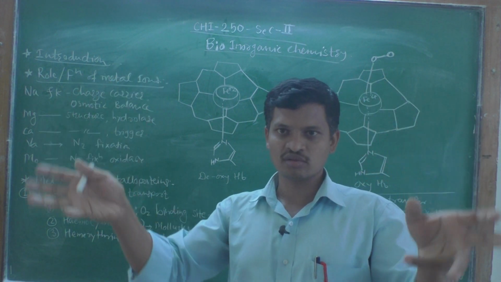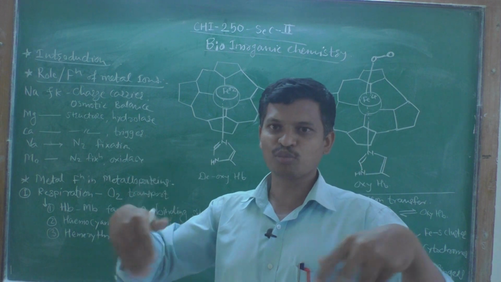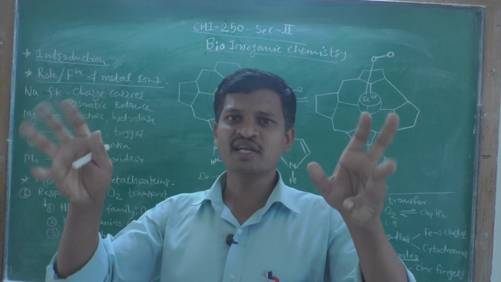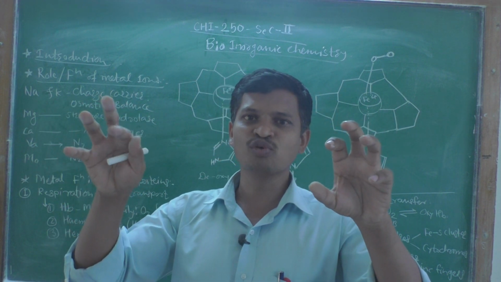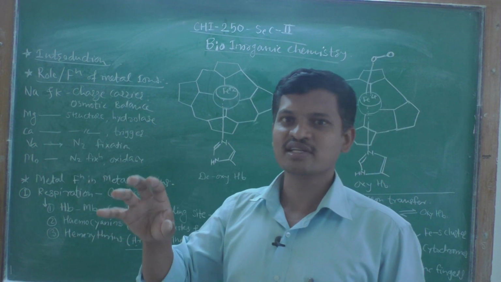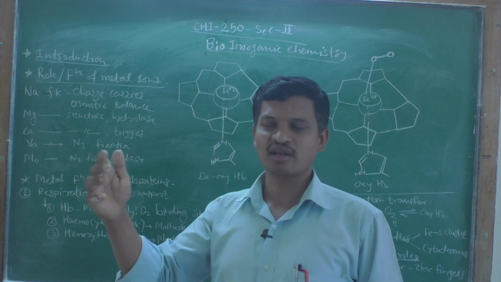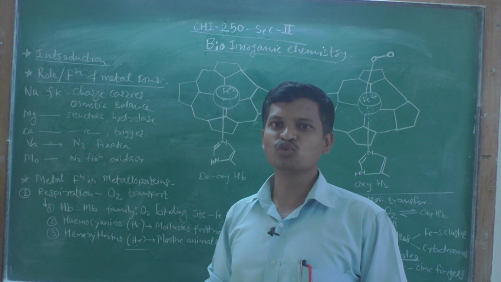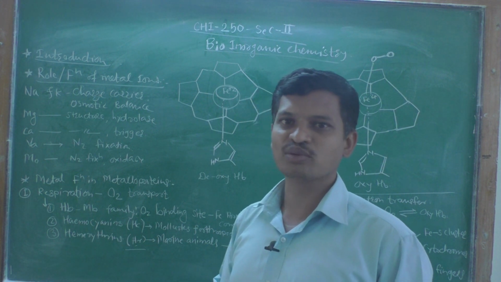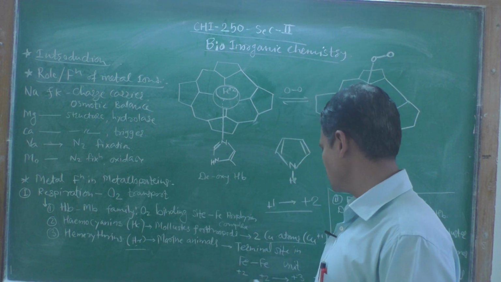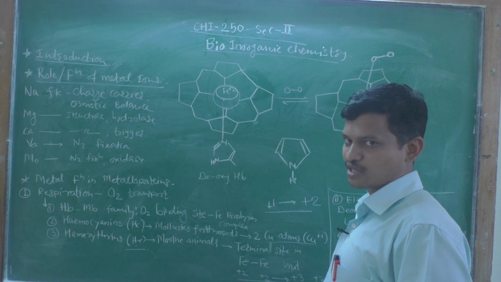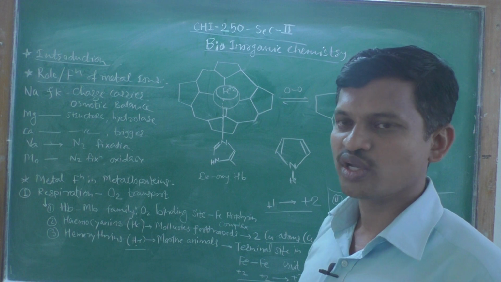A larger metalloprotein structure is there for this hemerythrin, where the central ring has Fe2 plus ions. So 2 Fe2 plus ions are present, and the binding site is at one terminal Fe2 plus ion. When the oxygen molecule binds to this hemerythrin molecule, the Fe2 plus ions are converted to Fe3 plus. So iron is oxidized to Fe3 plus.